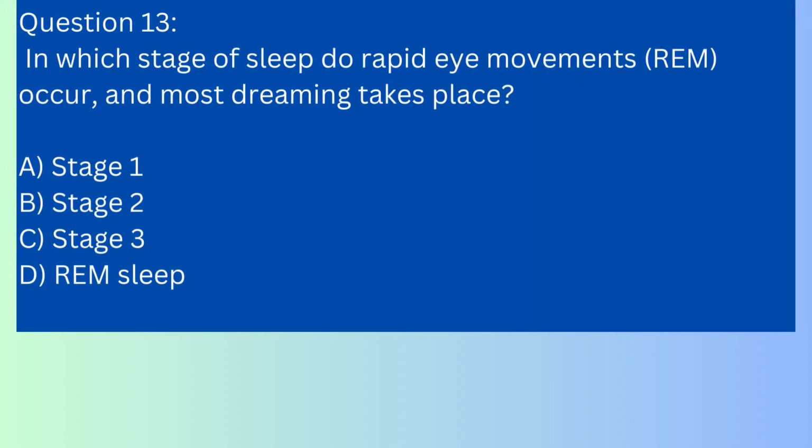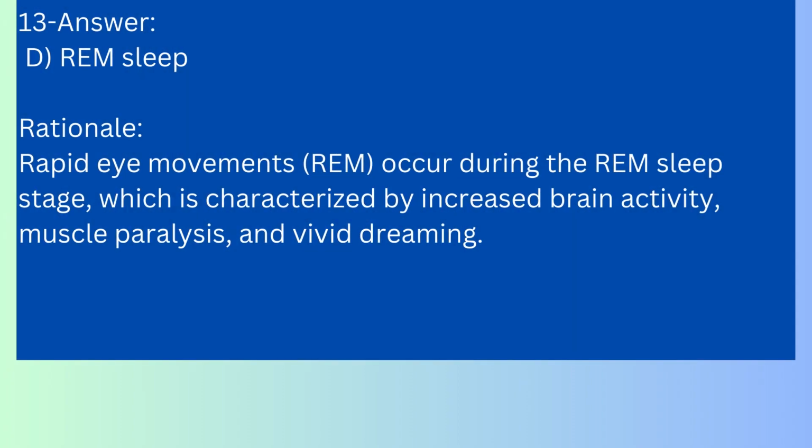Question 13. In which stage of sleep do rapid eye movements, REM, occur, and most dreaming takes place? A. Stage 1. B. Stage 2. C. Stage 3. D. REM sleep. Answer. D. REM sleep. Rationale. Rapid eye movements, REM, occur during the REM sleep stage, which is characterized by increased brain activity, muscle paralysis, and